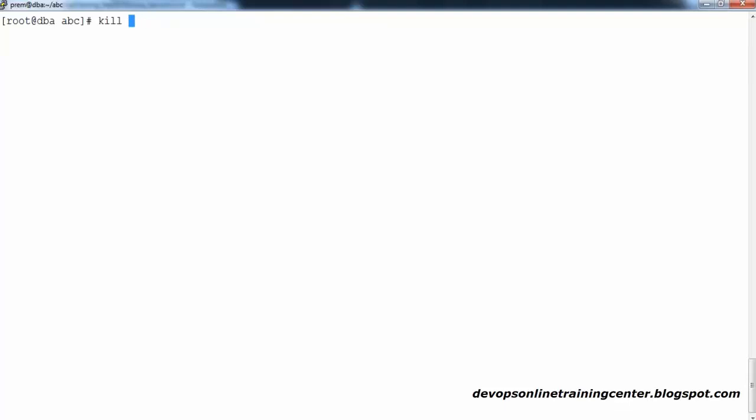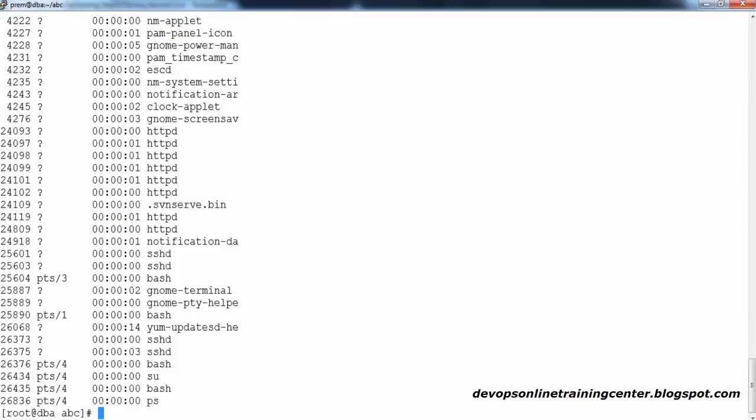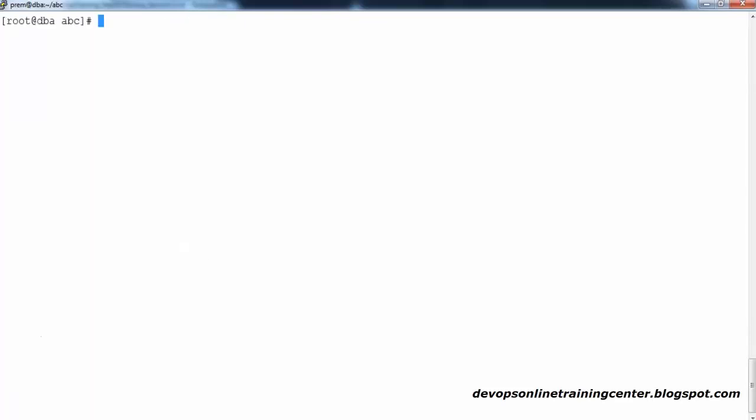So let me try to kill a process, okay. See, there are all important processes running here. I cannot kill any of them, because if I kill any OS process, this will be terminated actually. I have to reboot my machine. So instead, there is a nice command, just sleep. The meaning itself is there, sleep 4. Sleep 4 is nothing but 4 seconds it will just sleep, don't do anything else, that's all, okay. Now 4 seconds finished, it came back. So if I say 40 seconds it will be sleeping.